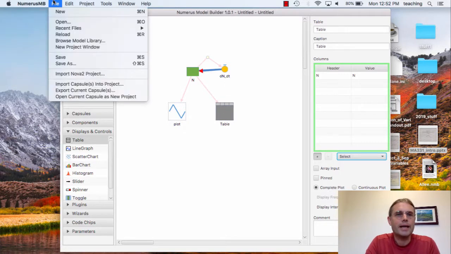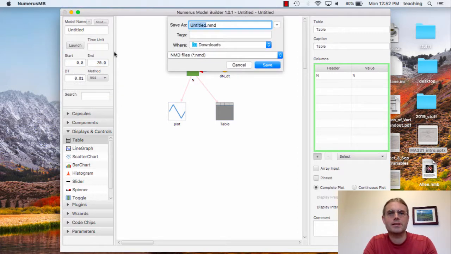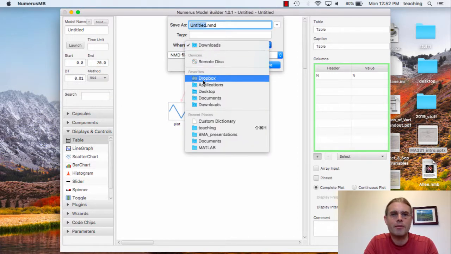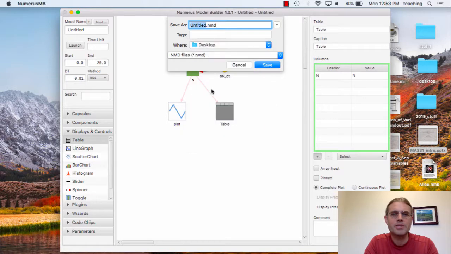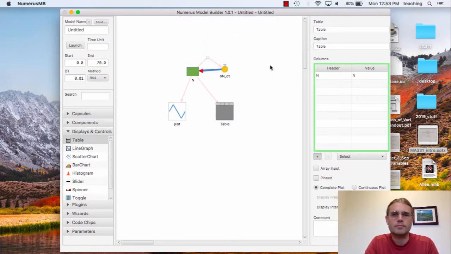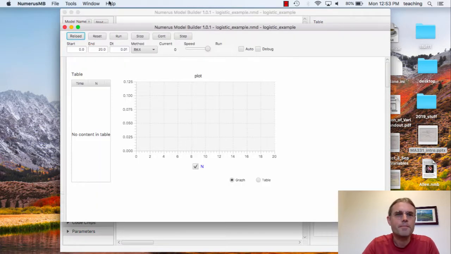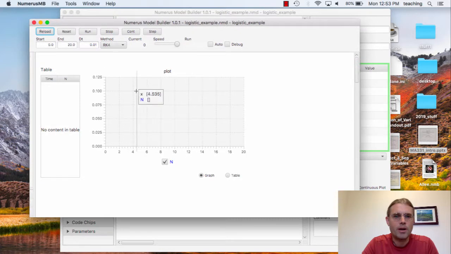I think that's what we want to do. And then we can save this as something or other, whatever we want to call it. Put it on the desktop. Logistic example. And then to run the model, we click on Launch. In a second or two, a new window should appear with our plot of n against time. There's our table. And if we click on Run,